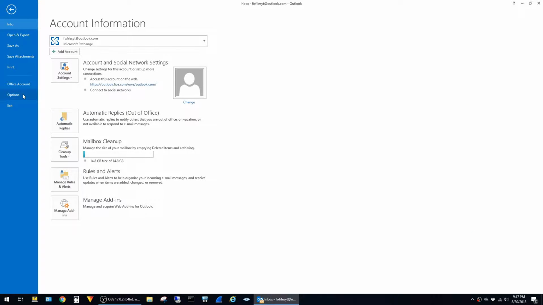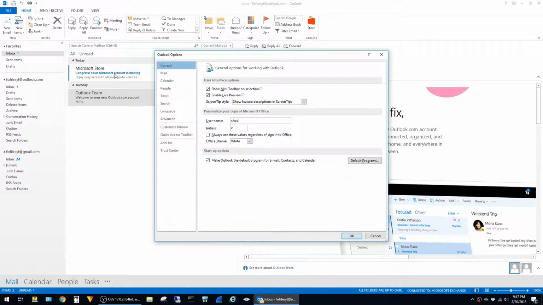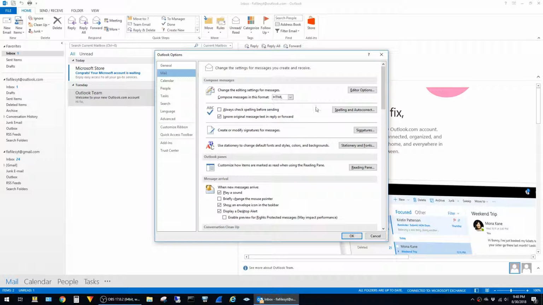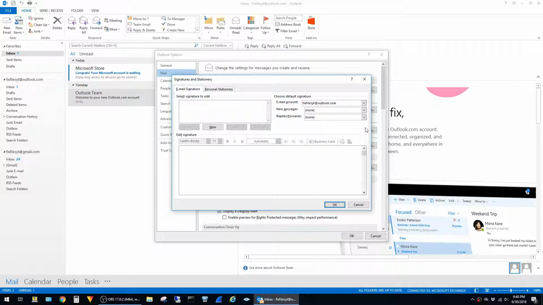and then click on Options. Click on Mail, and then click on Signatures. To create a new signature, just click on New, and then give it a name,